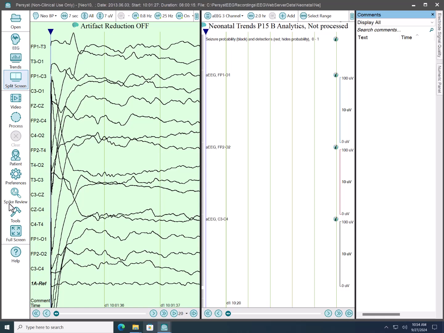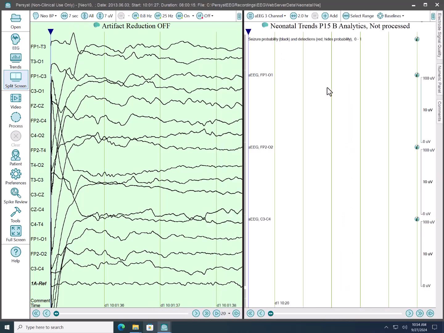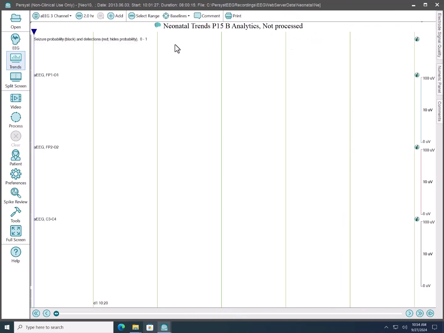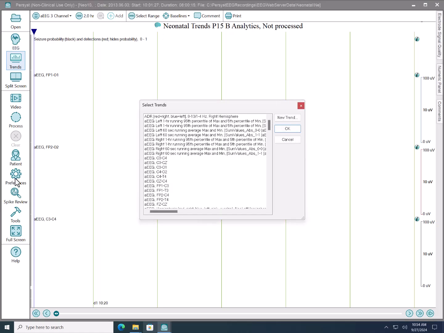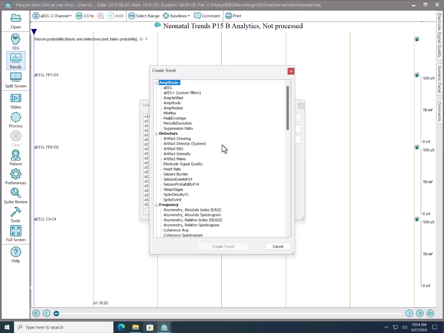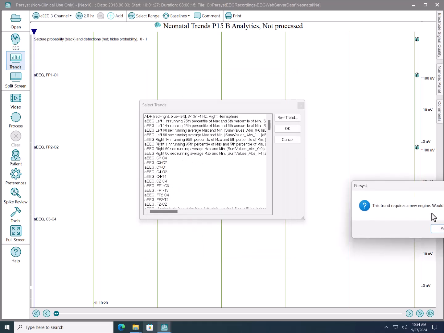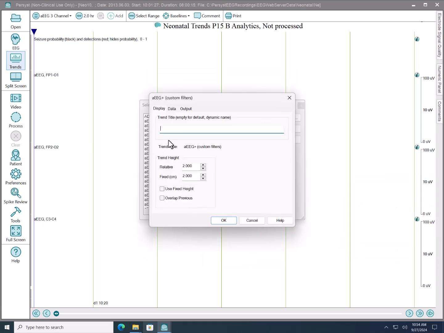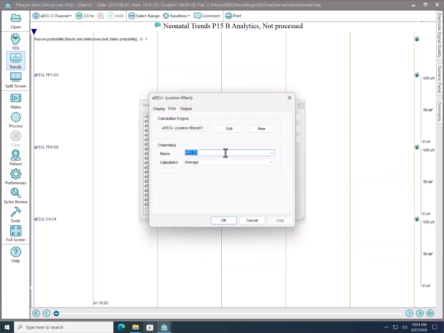This is P15 research. Now when I go to move the comment list out of the way, go to trends full screen, and we're just going to click the add button. I could go into the preferences and add as well. Say we do a new trend, you'll see that research has aEEG Plus with custom